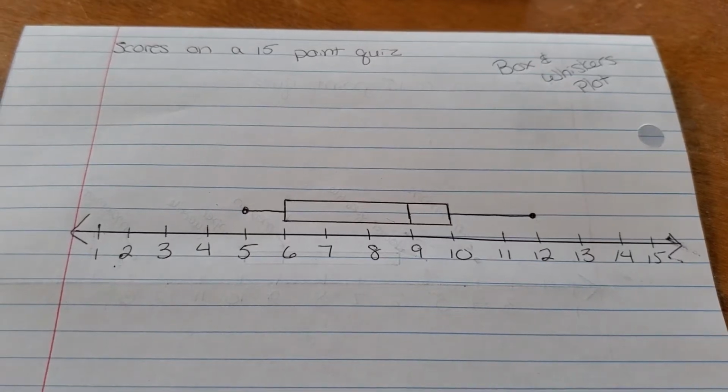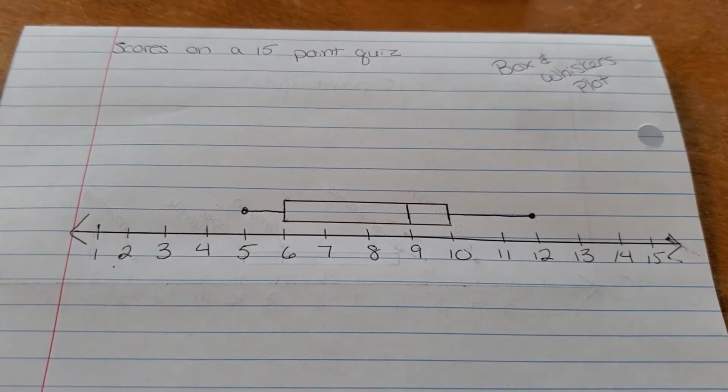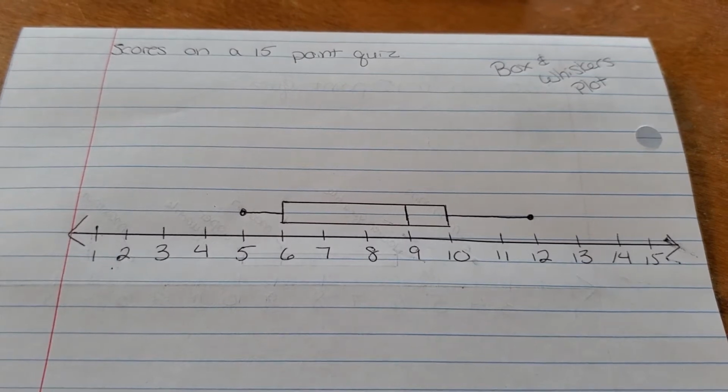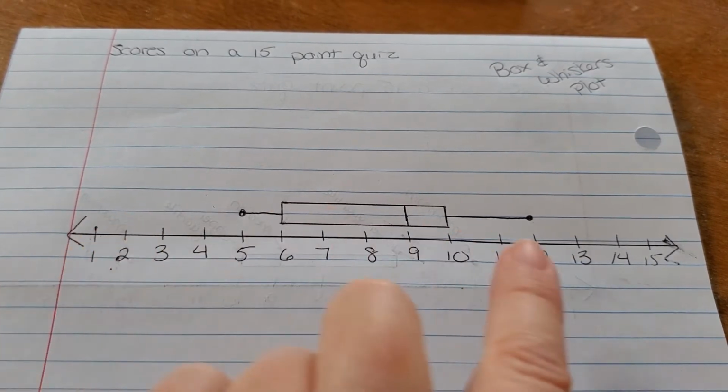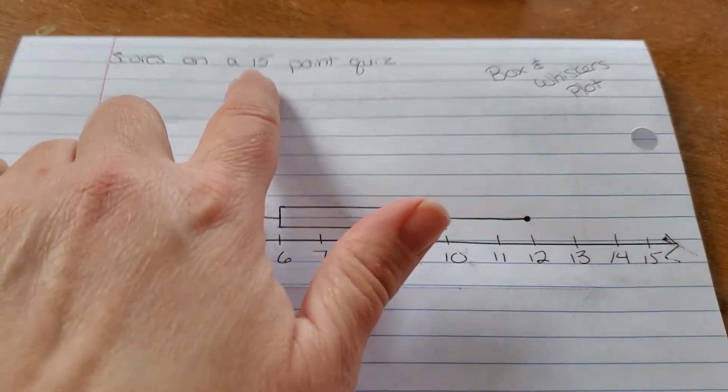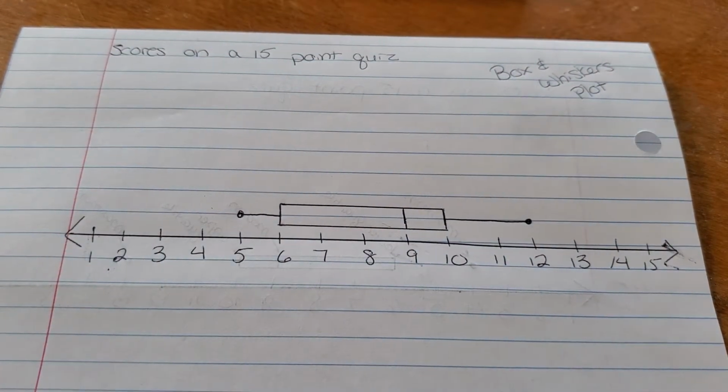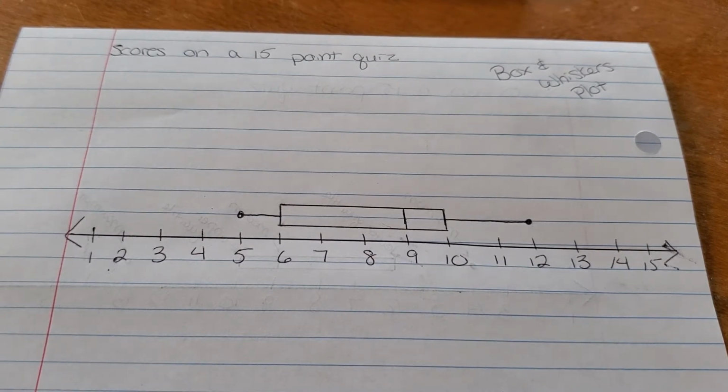Good morning, everyone. Today we are going to talk about something called a box and whiskers plot, or it can also be called a box plot. And this box plot is representing data of student scores on a 15-point quiz. So let's talk about what the box plot tells us, and then I will show you how to make a